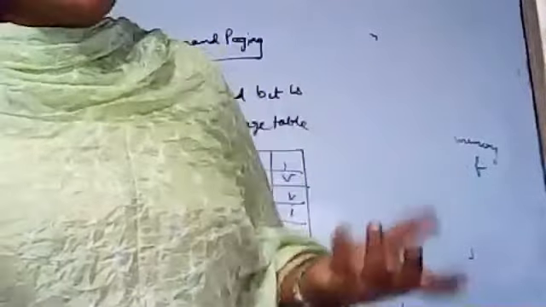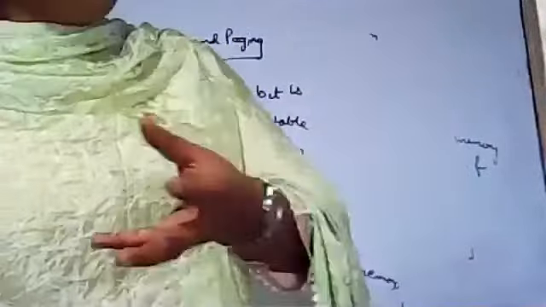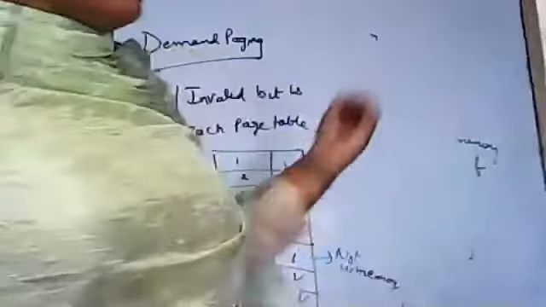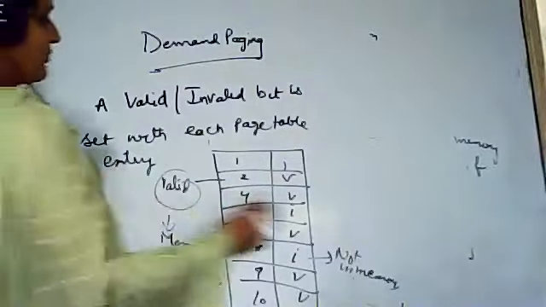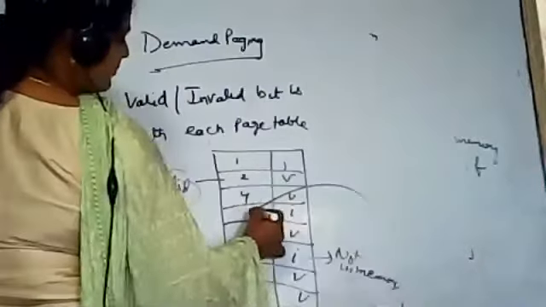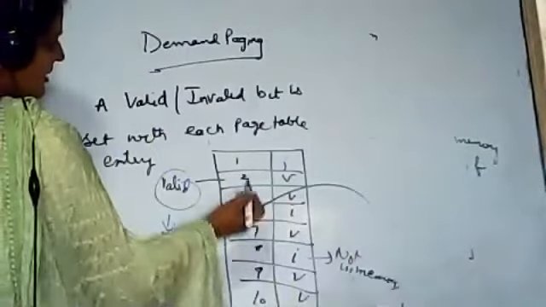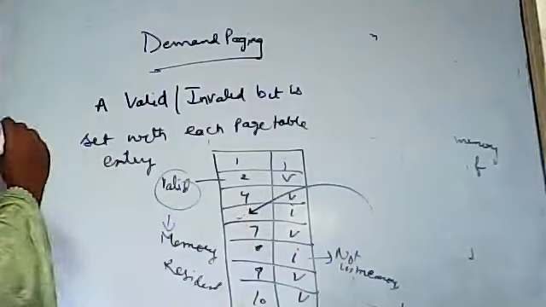the operating system looks to another table to decide whether it is an invalid reference or just not in memory. If it is an invalid reference, that instruction needs to be aborted, and if it is just not in memory, otherwise, we will find a free frame and bring that page to the free frame in physical memory. Suppose there is a free space and we need a particular page, we bring that page from the backing store to this free space or frame, and that will be used by the CPU.